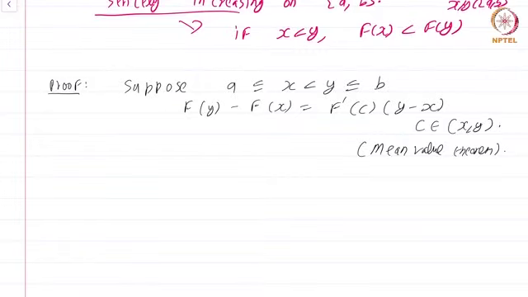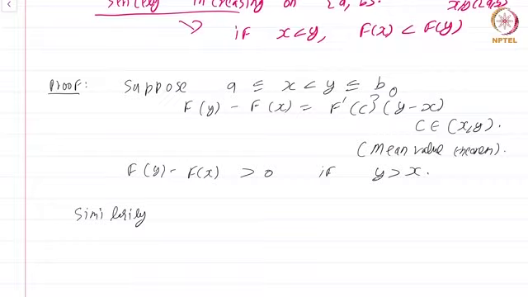Okay, but that just means f(y) minus f(x) is greater than 0 if y is greater than x, right? Simply because f prime of c is always greater than 0. So I should write greater than 0 because f prime of c is greater than 0, you immediately get the result. Okay, so similarly you can formulate